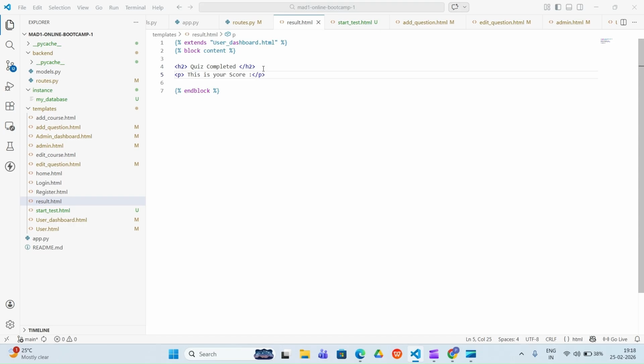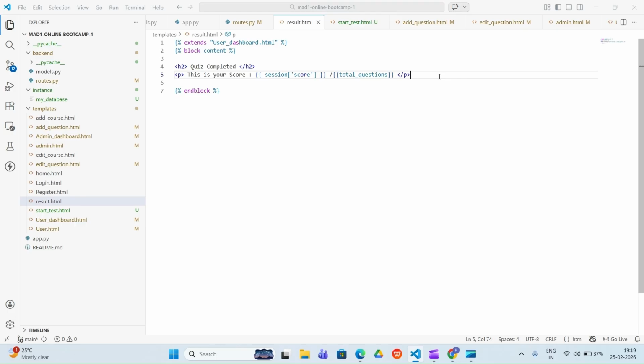Okay, and then after that, you will write the score out of the total questions. You need to just mention that score here. So how can you mention it? You will just write here "session", and under it you will give the score which is there. That particular score you need to give here. And then you need to give it out of the total questions, so you will write here "total questions". Okay, so that is your score for this.